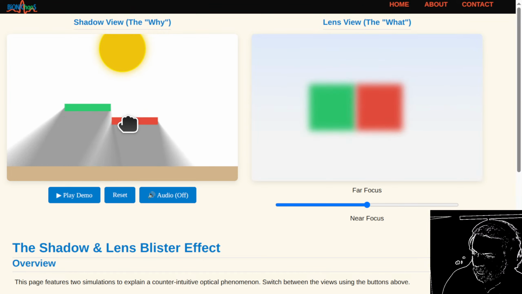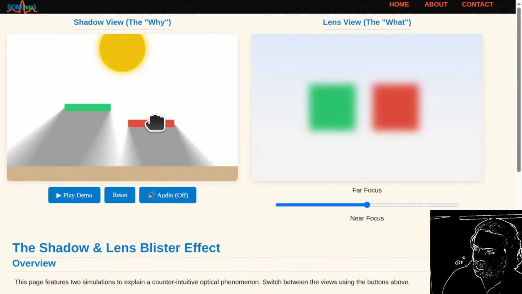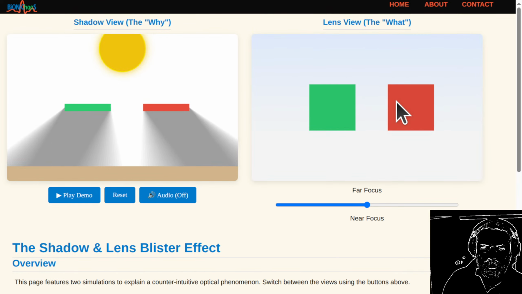The behavior you're describing, where moving one object causes the focus to change for both objects, appears to be intended behavior based on how the focus logic is implemented in the drawLensSimFrame function. Here's why. How focus works in the code. Focus depth calculation. JavaScript. const minDepth =